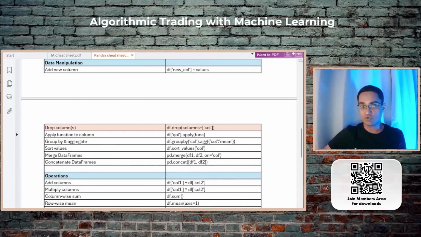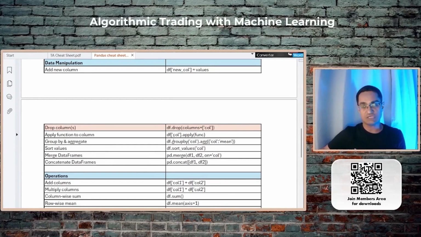Similarly, we dropped a few columns. When you want to drop columns, you just use df.drop and then specify the columns here, which are mentioned in the call. So that's tool number 1. But I know even this is not going to be enough. Because 1, this is just a Pandas cheat sheet. You might have to work with other libraries like NumPy or other.